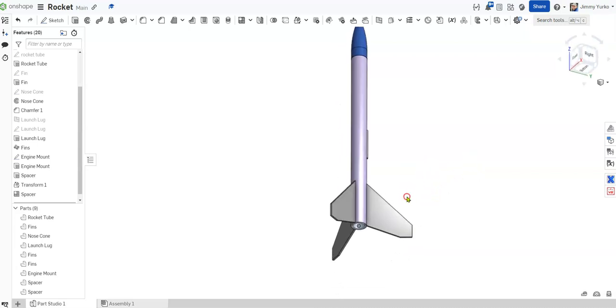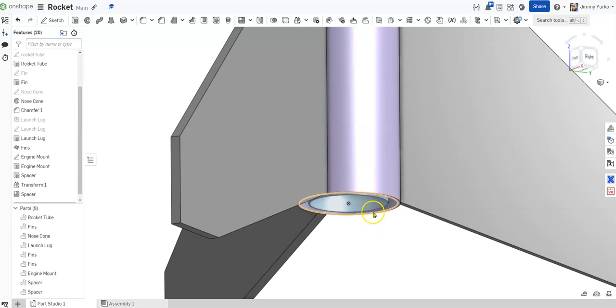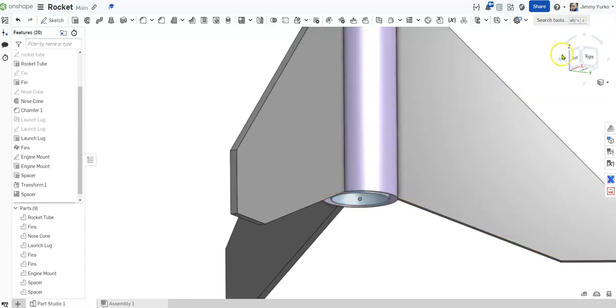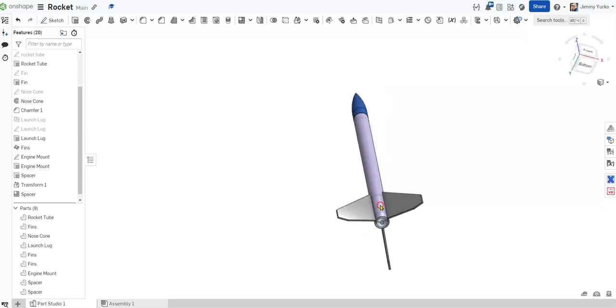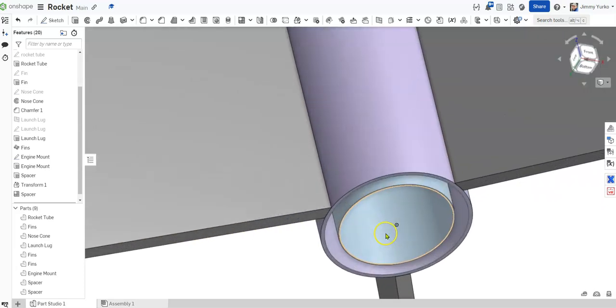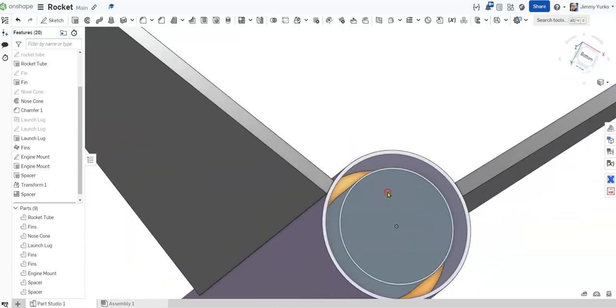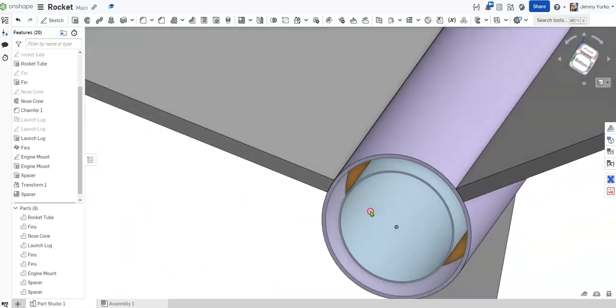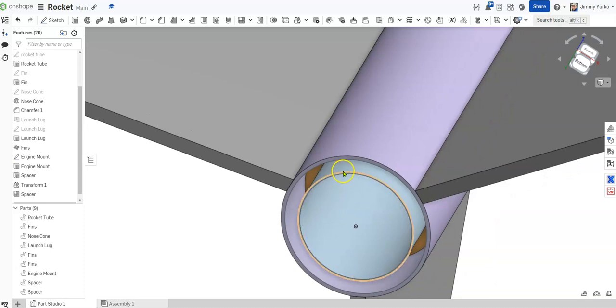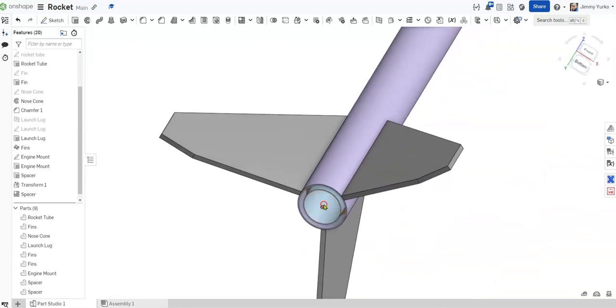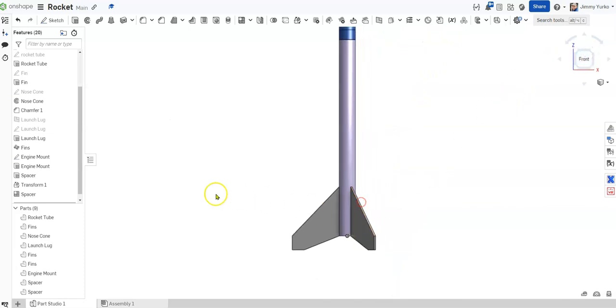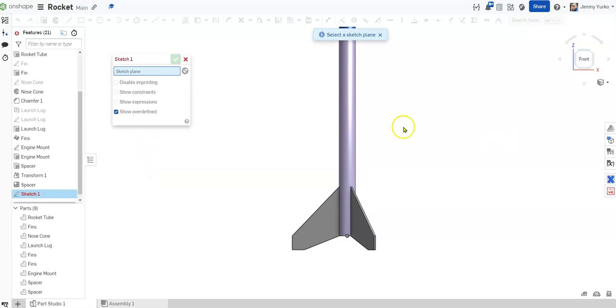All right. Last thing to do is to make the little clip for the engine holder. The engine mount is the paper tube or HDF tube, but then there is a metal retainer that holds that in place. So we're going to go ahead and hold that rocket and create that. Let's create that on the front plane. So we're going to create a sketch again on the front plane. Turn our planes back on, choose the front plane,